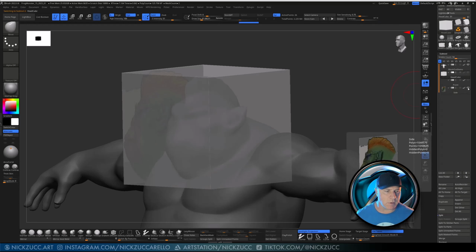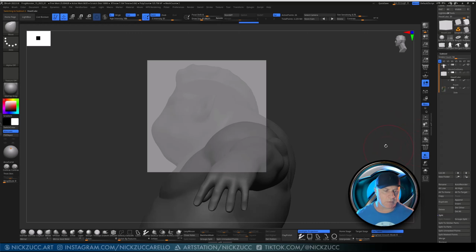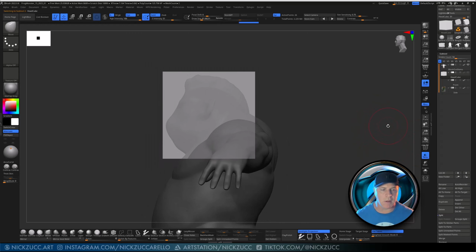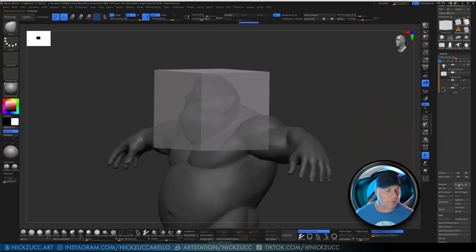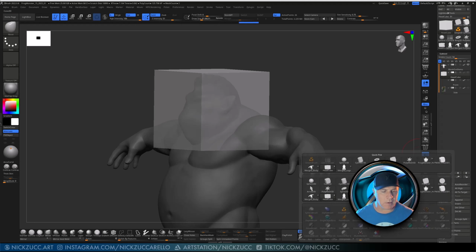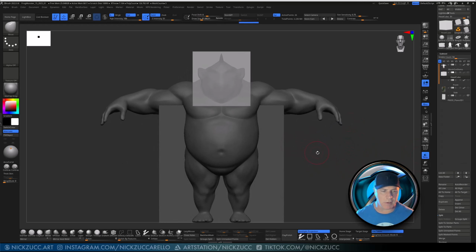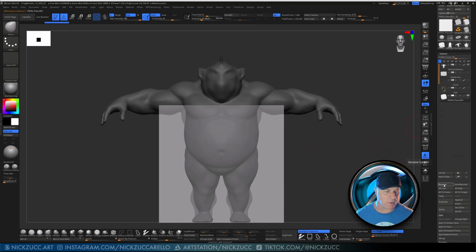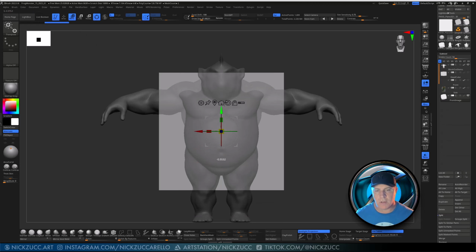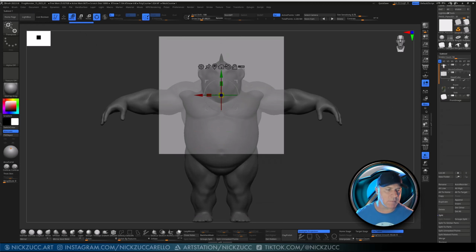So I'm going to take the cube that we got off to the side. I'm on transparent. You don't have to have that, but it might be helpful for you. And I'm just going to go ahead and hit append. And I'm going to append a plane 3D like this. And you can see it's going to come in nice and straight like that. If we want, we can just use that to our advantage, and I'll just rename this to front image like that. I'll tap W to put it on the move gizmo tool. I'll push it up here,